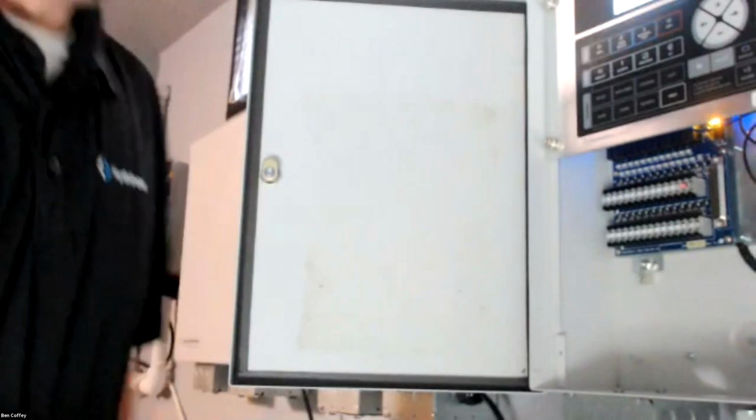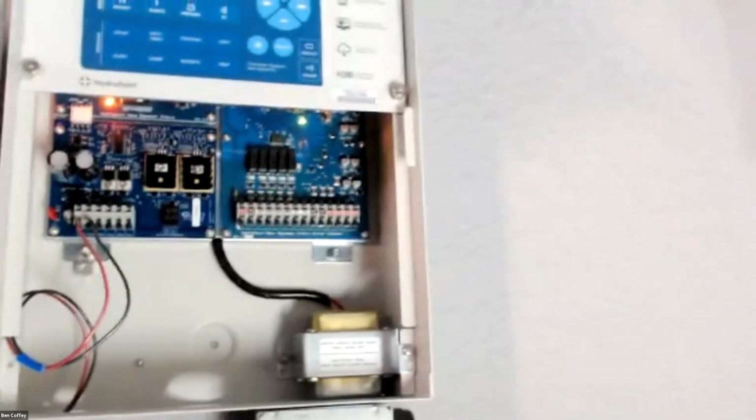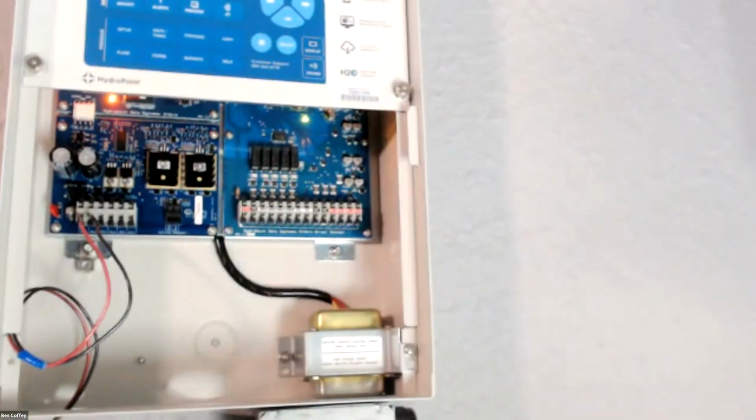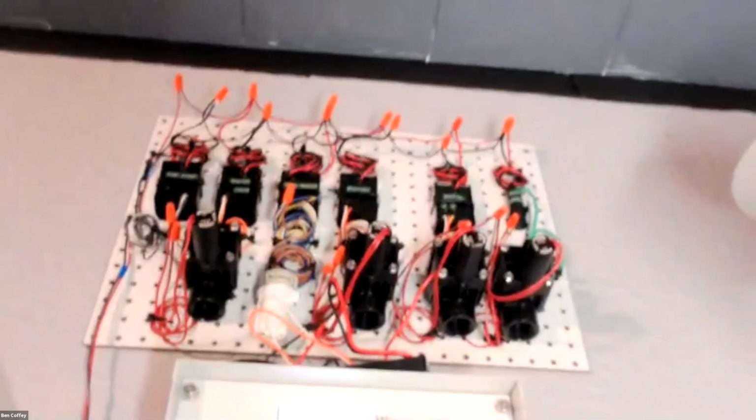OptiFlow firmware. And today we're going to be looking at this guy right here as our conventional controller option, and more importantly, this guy right here as our 2-wire controller. So first, let's take that off. If you want to see how nerdy I am, I actually built a full 2-wire system that I attached to